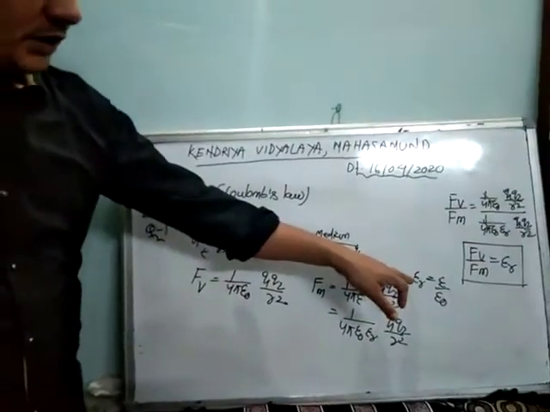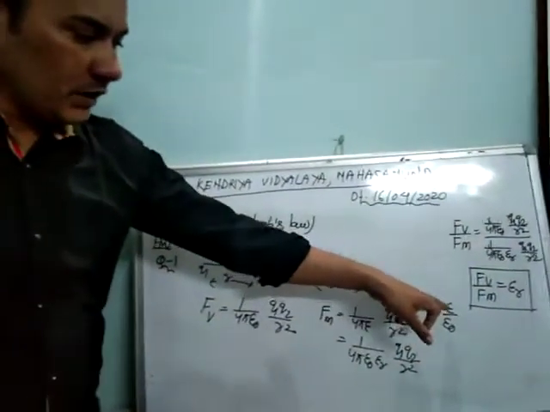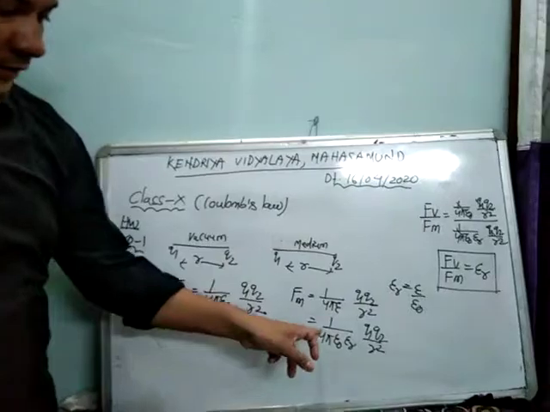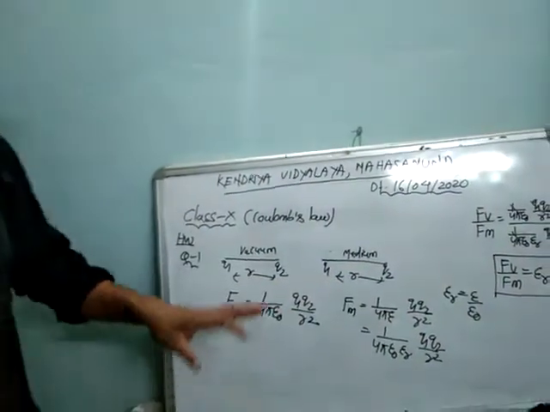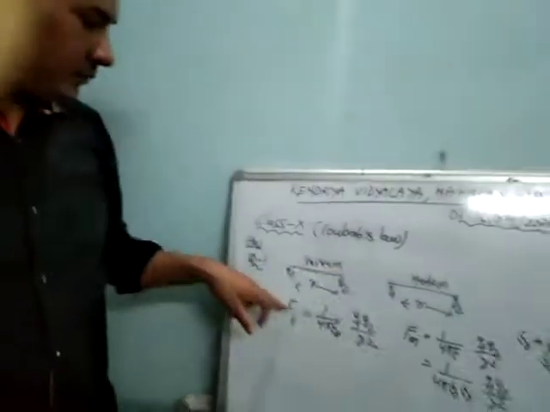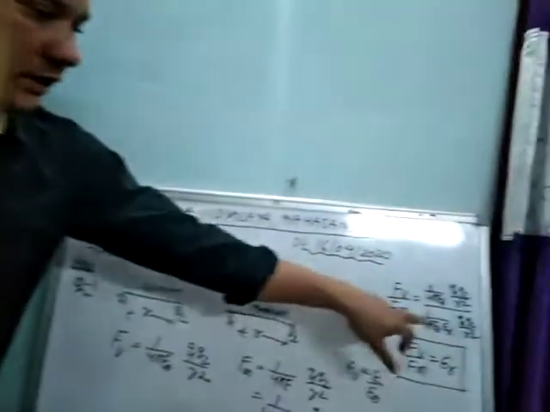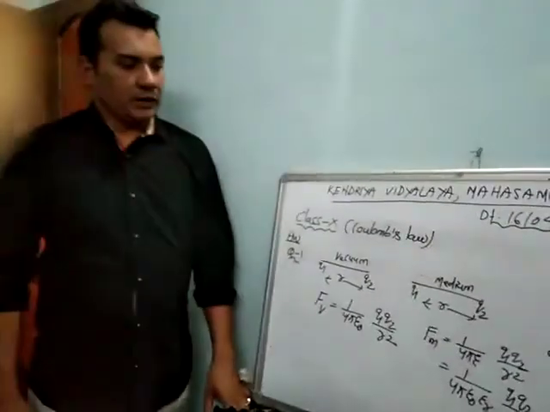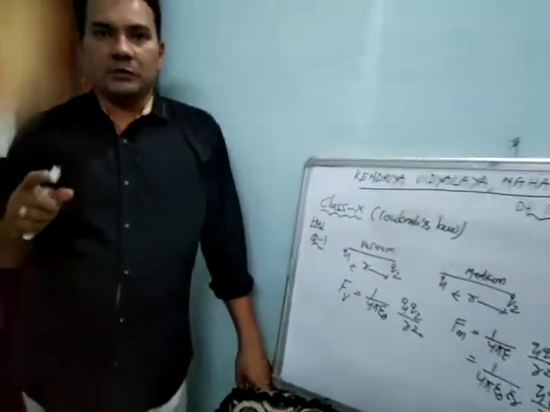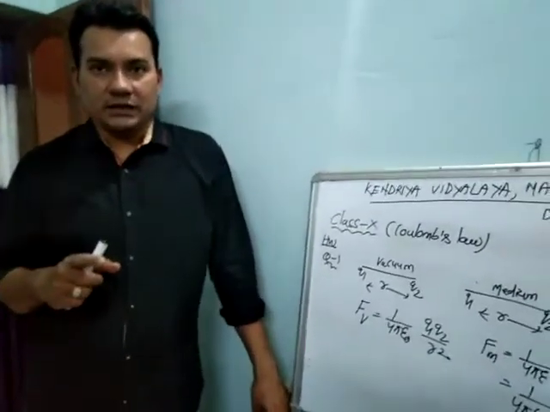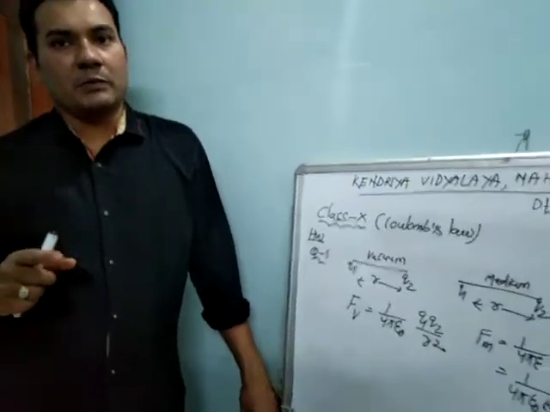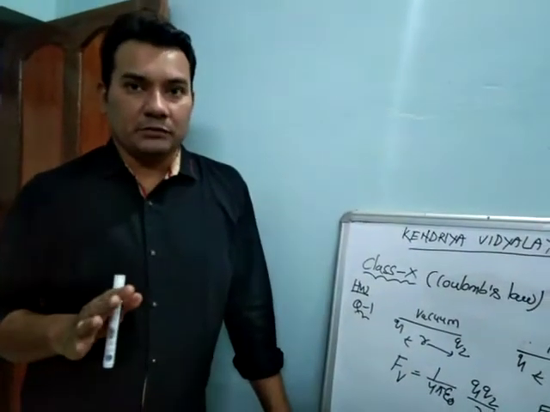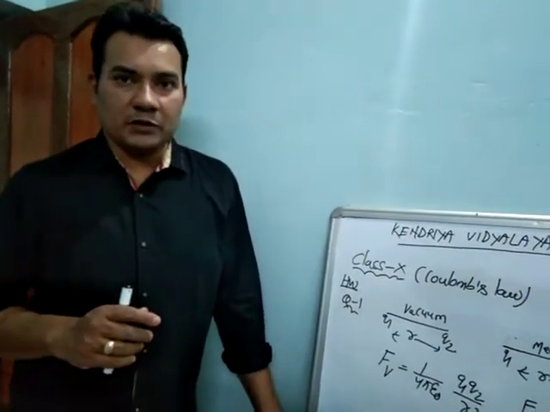In last class we have seen epsilon r is equal to epsilon by epsilon naught, so epsilon will be epsilon r into epsilon naught. So F medium is 1 by 4 pi epsilon naught epsilon r Q1 Q2 by r square. Now if you take the ratio F vacuum by F medium, then all will cancel out, we will get epsilon r. So how to define relative permittivity in terms of force? Relative permittivity is the ratio of the force between two charges separated by distance in vacuum to the force between the same two charges separated by the same distance inside a medium. This comes as one more question in the board examination.